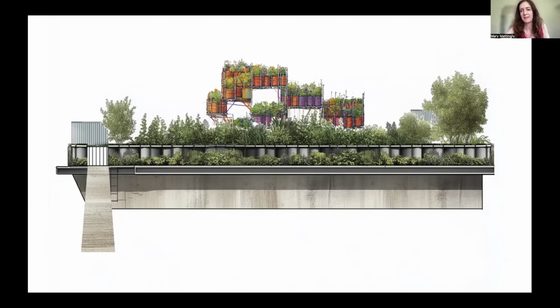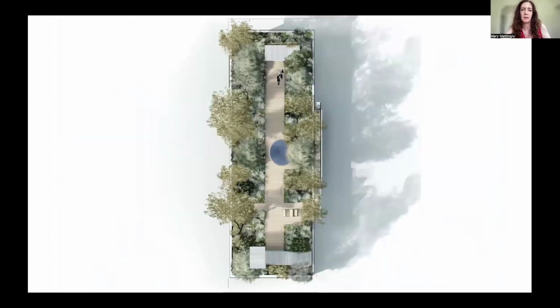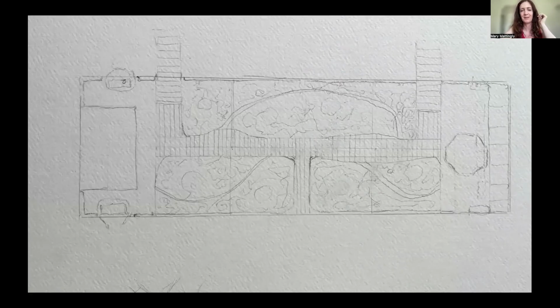And that's what I'm hoping for in this next phase of this project, that this can be a place that's available for more than just foraging for food, but a space where artists can come and collect materials and use them in a different way. So I'm thinking about all those things. It sounds very abstract, but this is the permaculture plan for this barge.